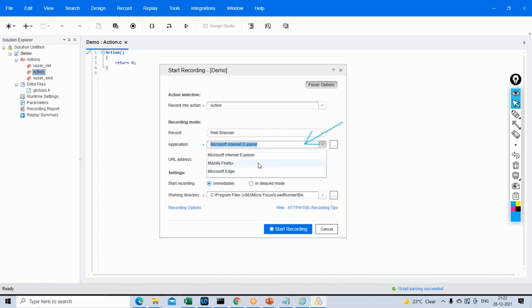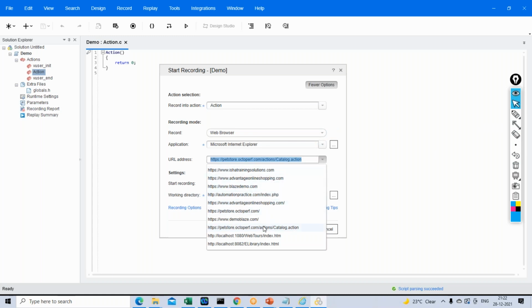But we can add it at a later point of time, no problem. So let's say we are recording the application in Internet Explorer, and the application URL you have to pass here. For what application do you want to generate the script? That application URL you have to give here.